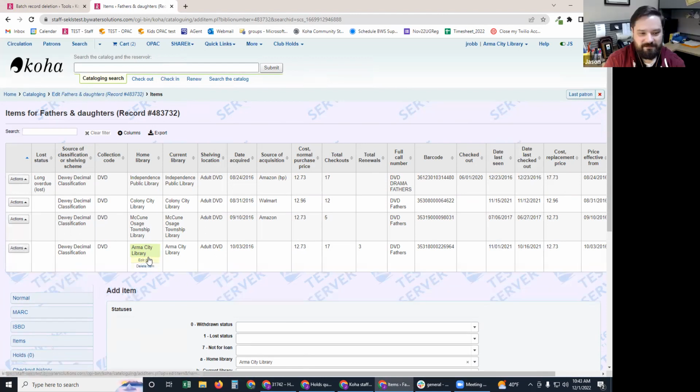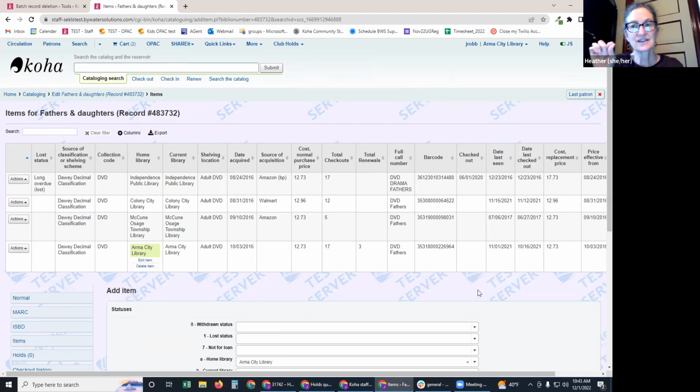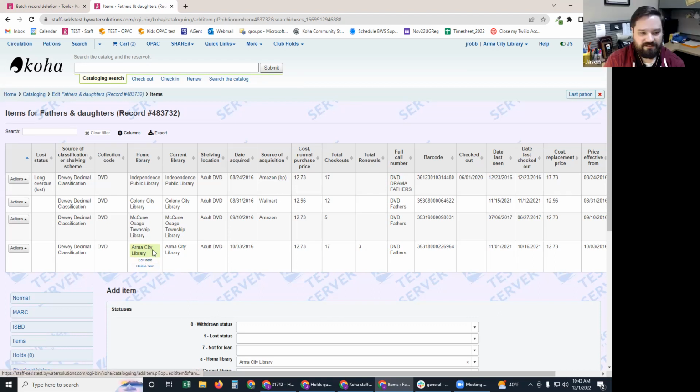So this gives them an immediate visual indication that that's theirs. And you're showing one of my favorite little features for editing items that a lot of people don't discover: you can click in one of those boxes and then get your item link or your edit item link right there. Right, so they can just see the highlight, click edit.